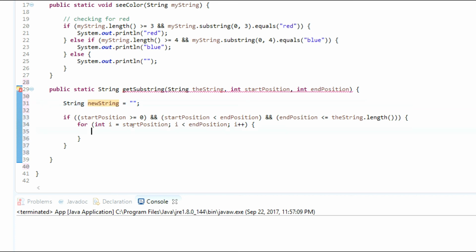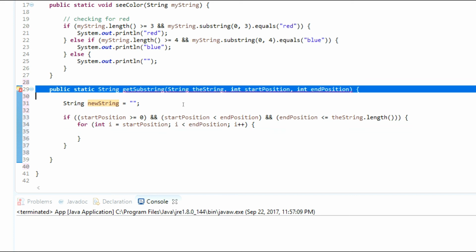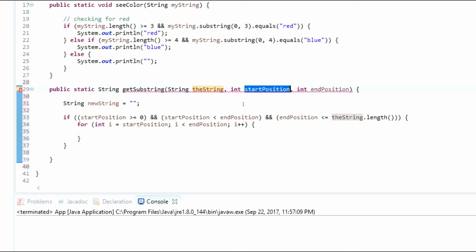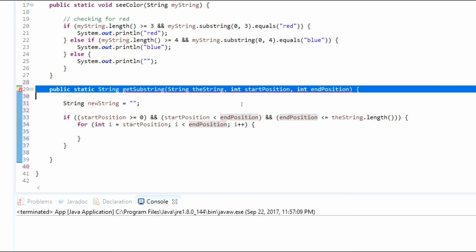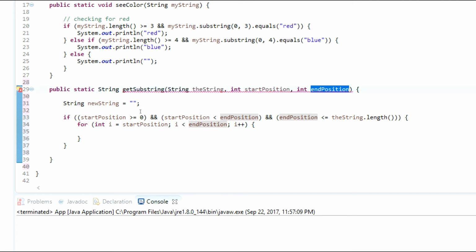All right, we're going to have a new string based on all of these parameters that's passed in. We're going to have a string, starting position, and the end position. And the start position and end position is going to determine what the new string is going to be. So we just want to go new string, and then plus equals the string